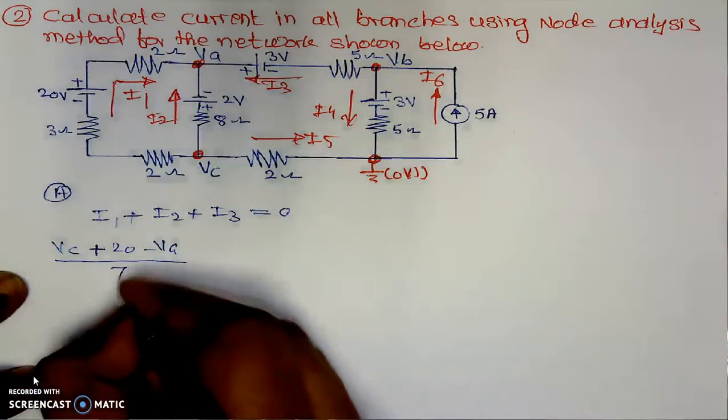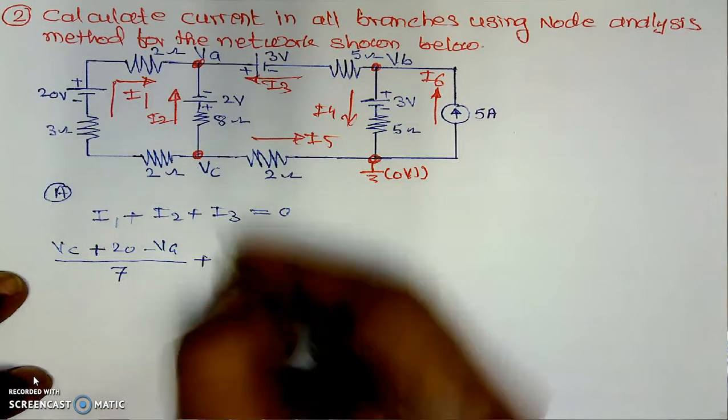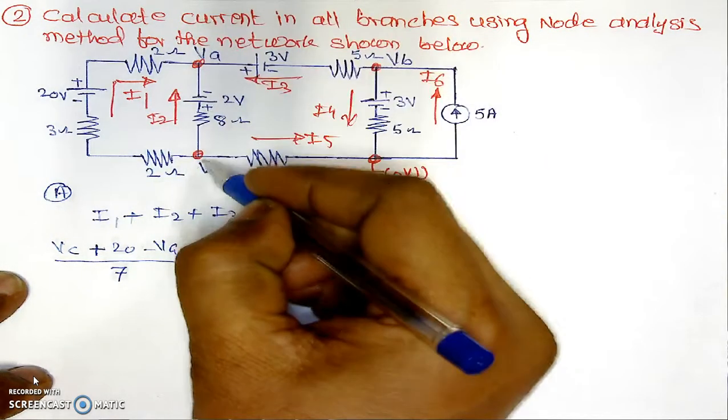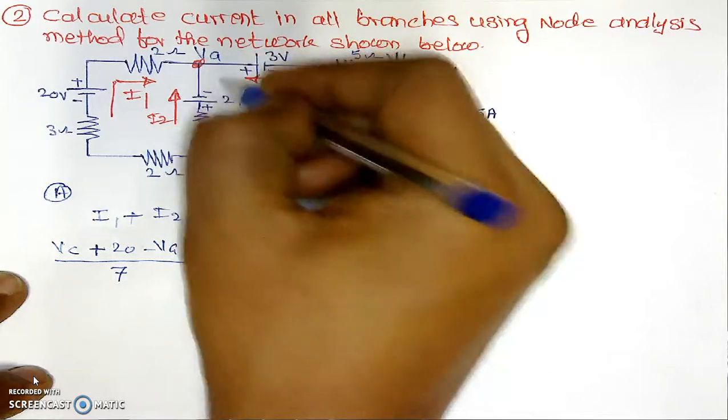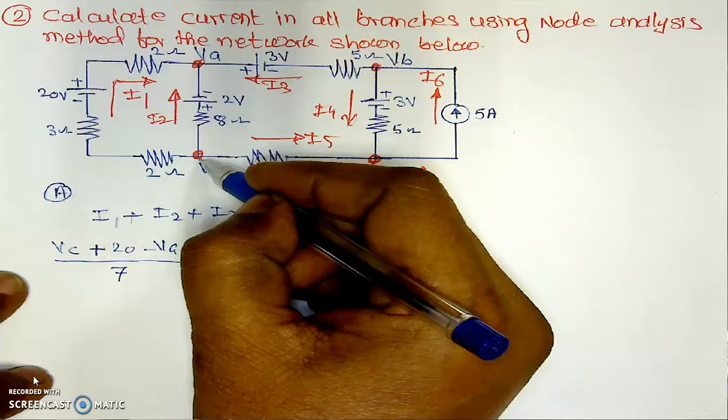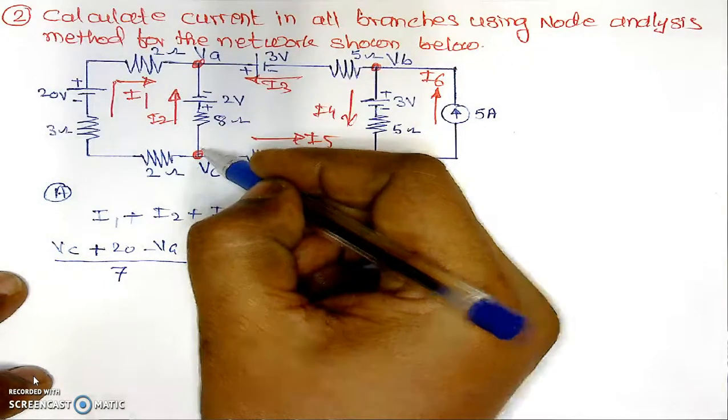Now here this is 7 plus I2. I2 is the current in this branch. We have taken its direction upward, meaning this is higher potential, this is lower potential. If we are assuming the direction downward, the reverse is the case. This is higher potential, this is lower potential, so minus VA minus VB in that case, and in this case the